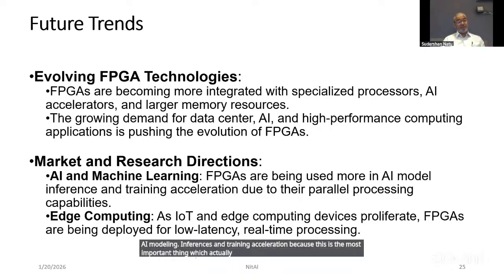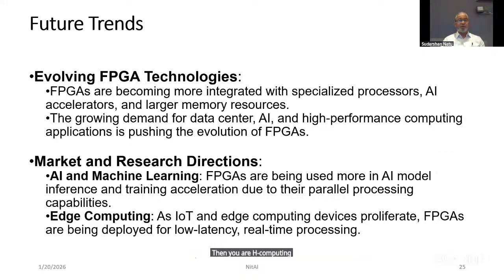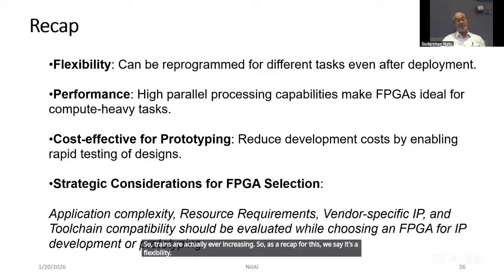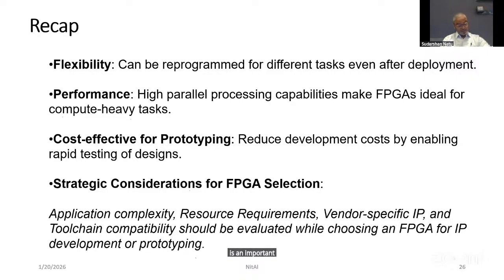because this is the most important thing which actually happens. Then edge computing, for example, Lattice, as I told you, takes 1 or 2 watts. CoolRunner CPLDs from Xilinx take a couple of watts instead of high wattages. So you can consume a few hundred milliwatts, and you can write your various device designs in an edge computing mode for IoT. All that is possible using the FPGA. So the trends are ever increasing. As a recap, flexibility, performance and cost effectiveness are important aspects for